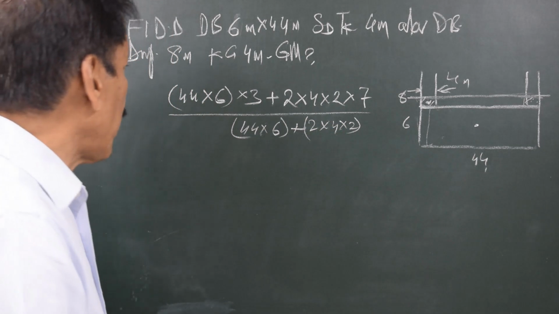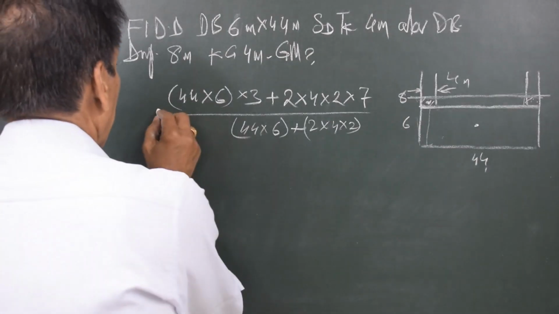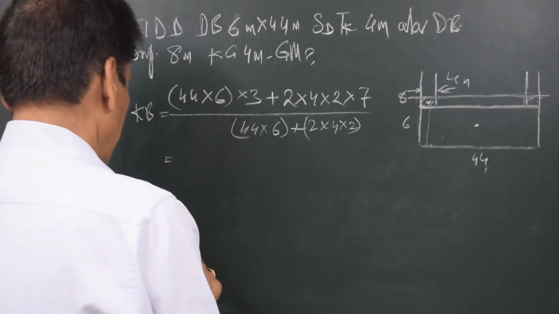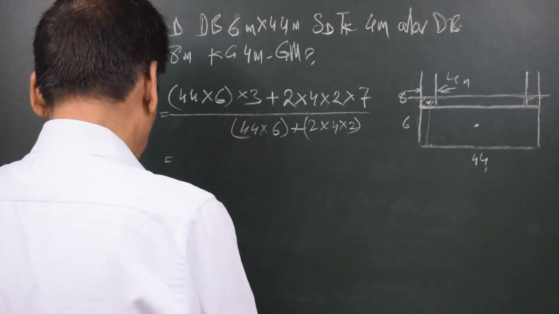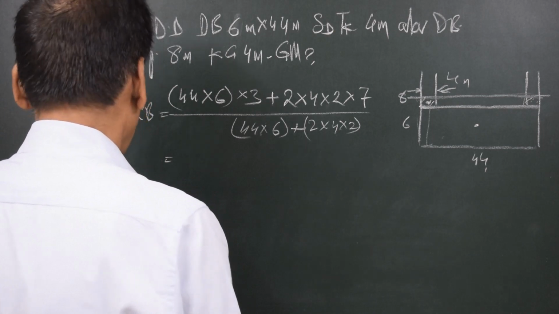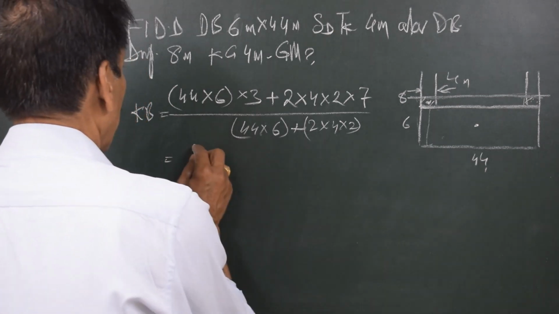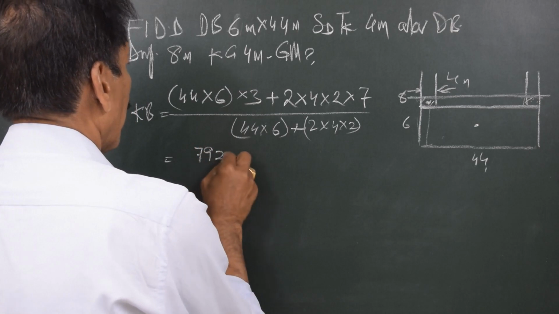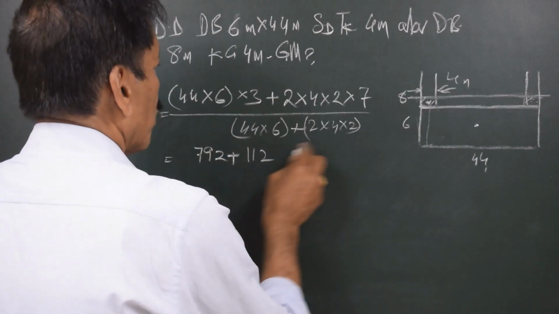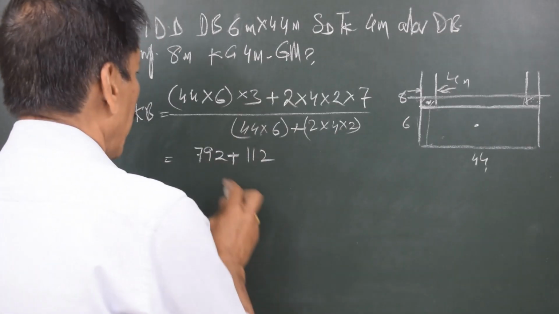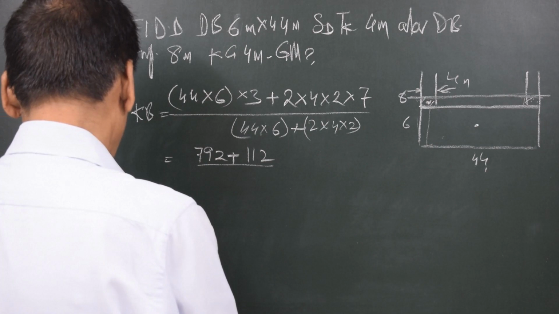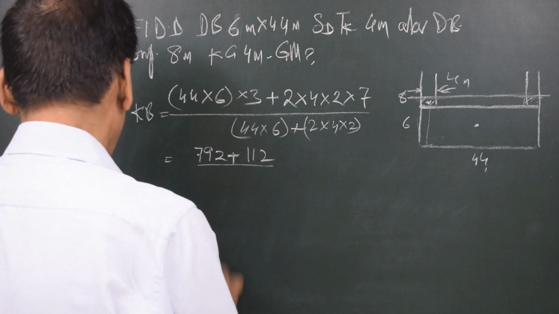So let's find out what is the KB of the floating drydock. 44 into 6 into 3 gives me 792 plus 112, right? Divided by 44 into 6 gives me 264